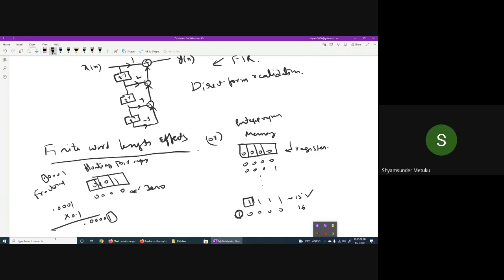Suppose initially my value is 0.1000. You multiply it one time. What is the result? 0.01, isn't it? So the first feedback is okay, fine. You are feeding back your output to the input with a multiplication of 0.1. The result is 0.01. Again, the second time you multiply with 0.1, it becomes 0.001. Correct or not? Yes, sir. Just a minute.